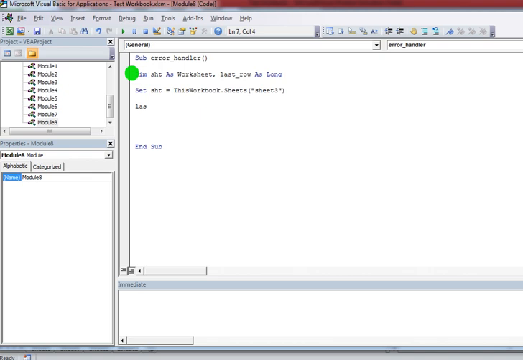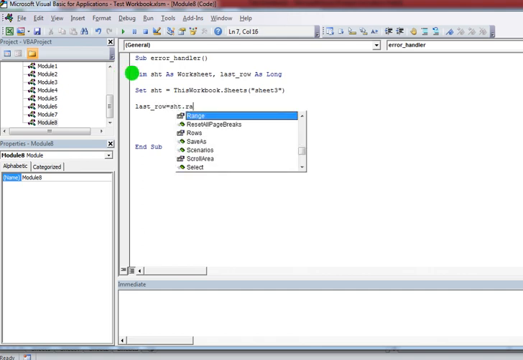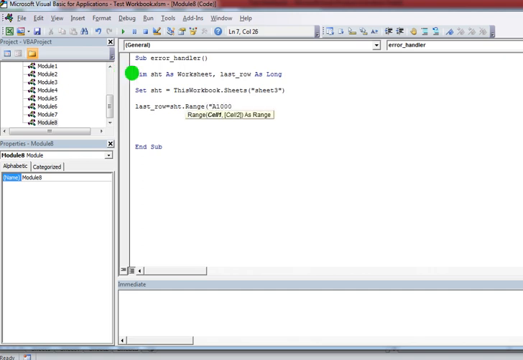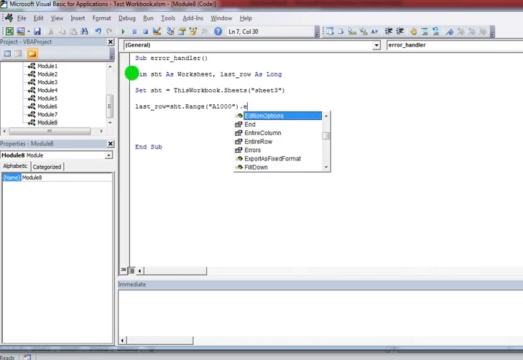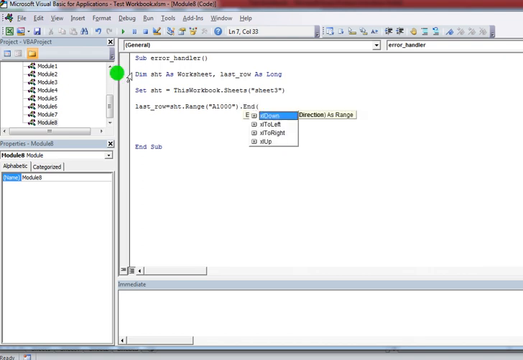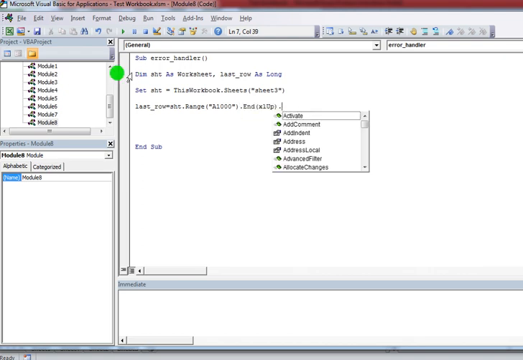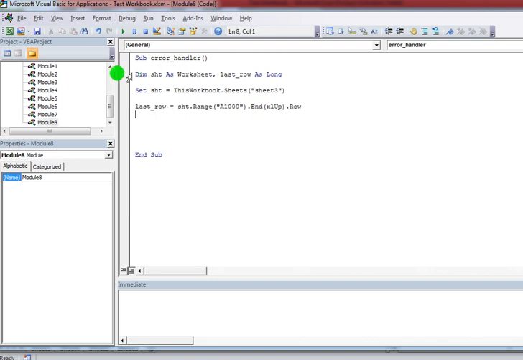Now I'm calculating how many rows we have filled with data. For this, SST.Range("A1000"), using the Excel End(xlUp).Row. With the help of this I find how many rows are filled with data.